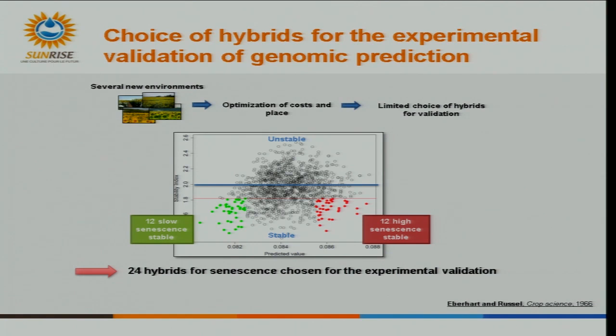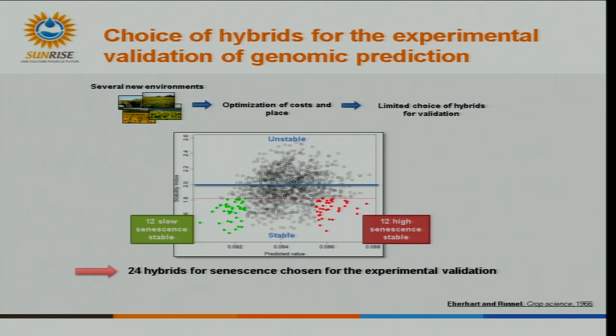So we couldn't experiment, of course, on all the population. Doesn't make sense. So we chose 12 hybrids that were not observed but had fast senescence, and 12 not observed hybrids that had slow senescence. But in addition, to not take too much risk, we also checked if these hybrids were always senescent in the 6 environments when we predicted them,